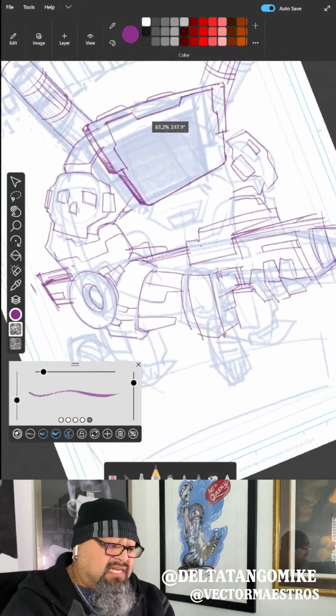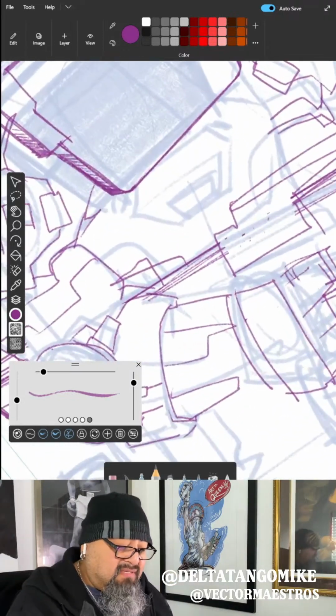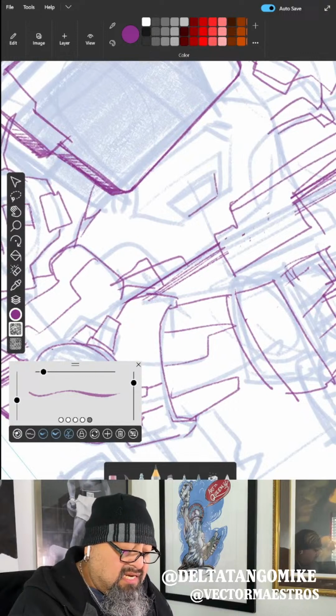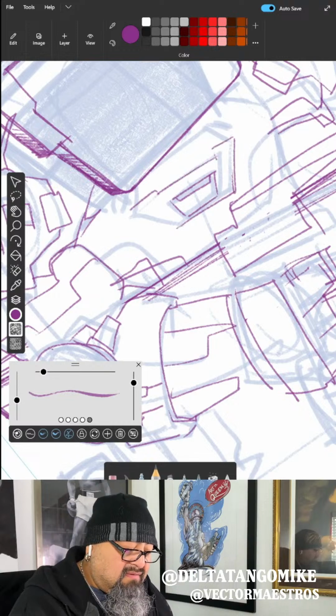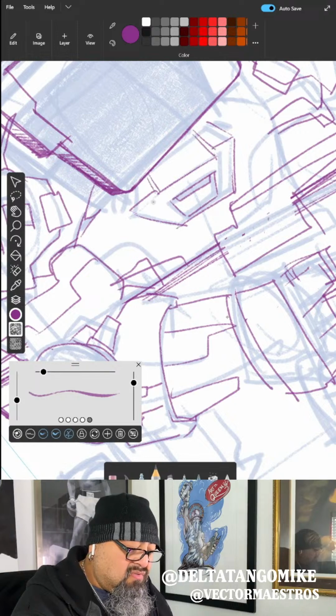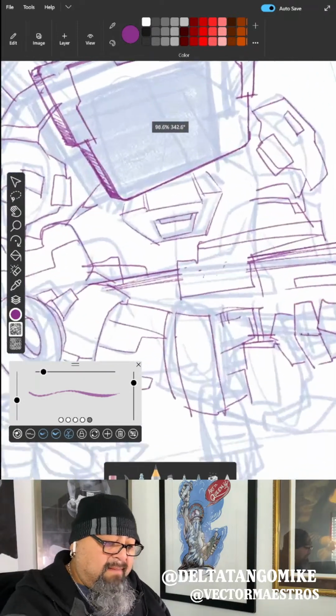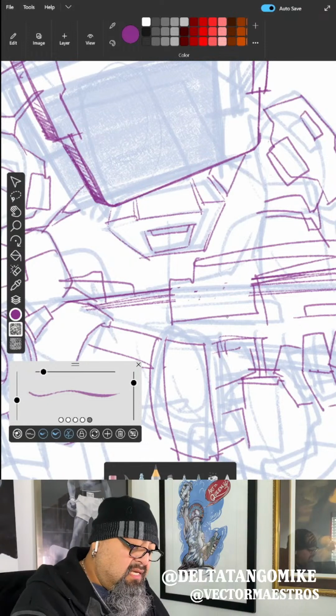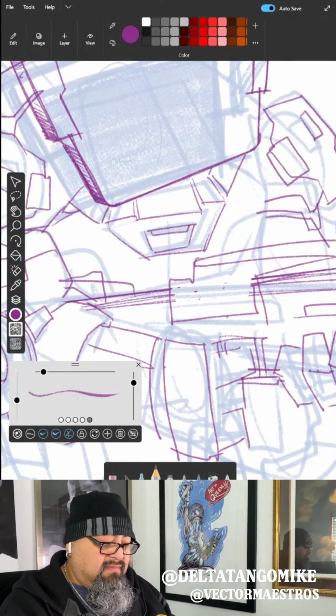Like, let me see your sketch layers. You have to be able to show me your sketch layers to see how you came up with this. Like, how'd you end up here? And if you don't have a sketch layer, then I know why you got issues with your pose, with your drawing, all of that, because you skipped some things.